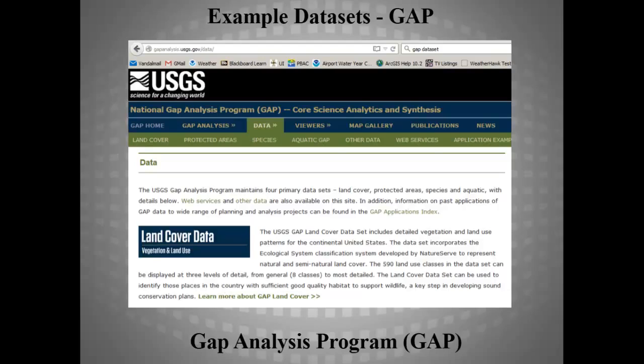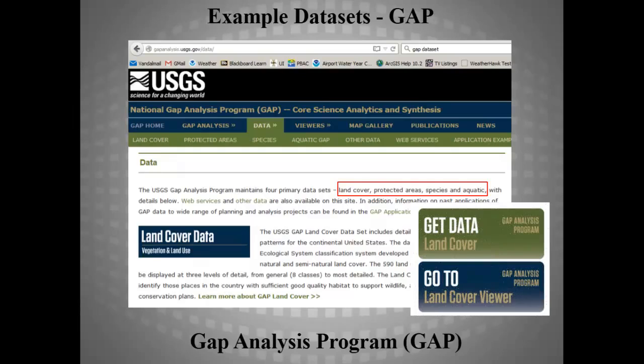That stands for Gap Analysis Program, GAP. This is made by the USGS. And there are 4 different data sets you can get here: land cover, protected areas, species, and aquatic. The whole theory behind the GAP program is to identify types of habitat that could have certain species, matching habitat to species. Okay, you can go out to this website, USGS Gap Analysis, and click on Get